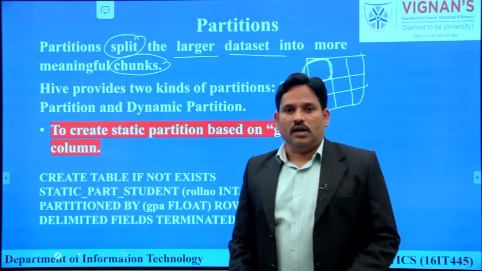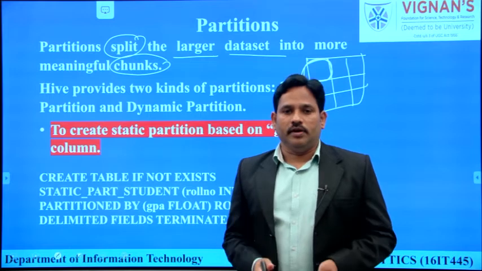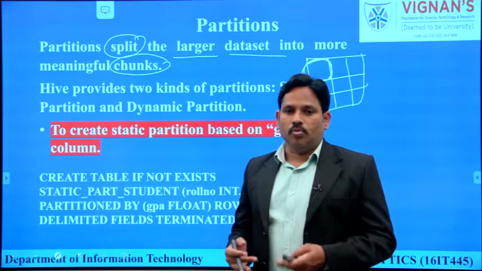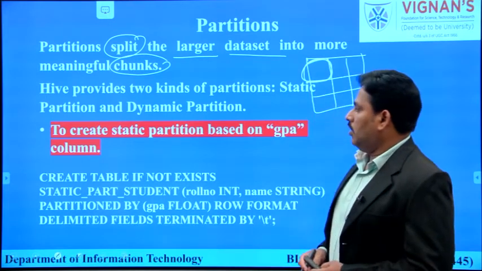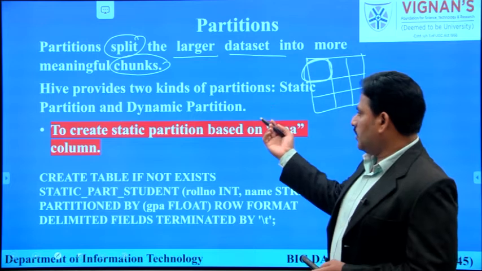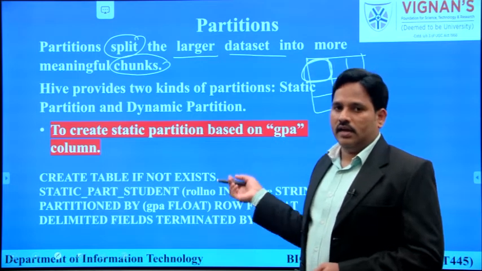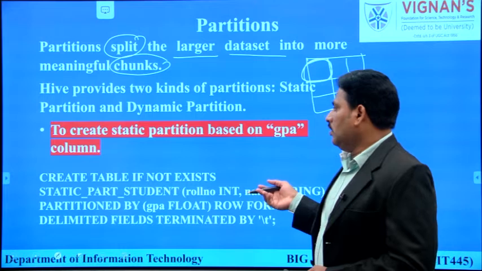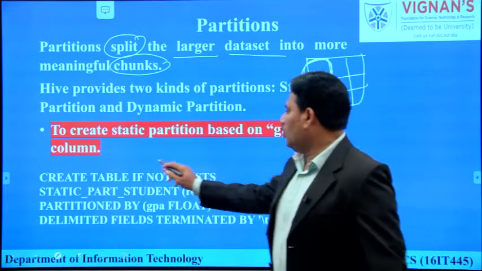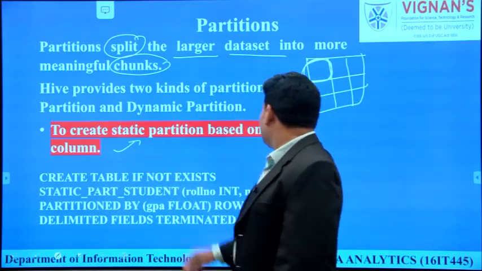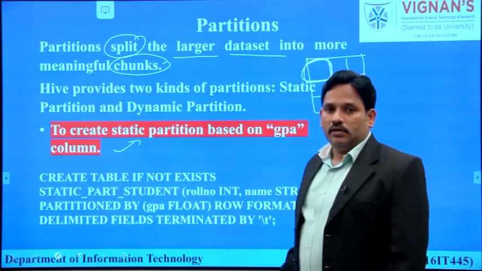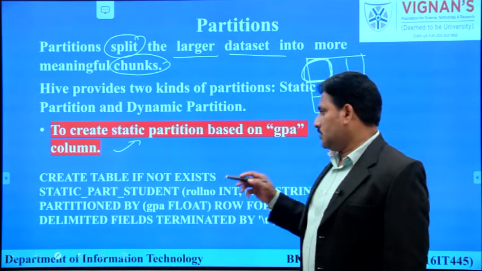The larger data set is going to be divided into meaningful smaller chunks. Now as we discussed earlier, Hive will allow us to perform two types of partitioning, static and dynamic, at the custom level.